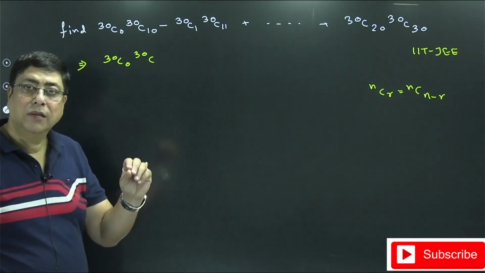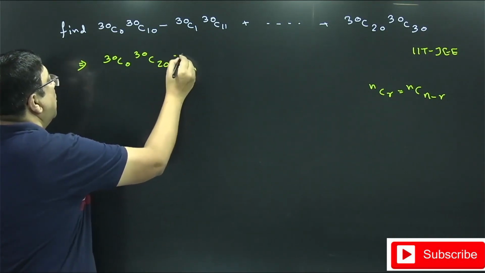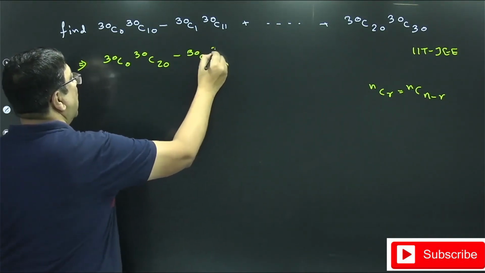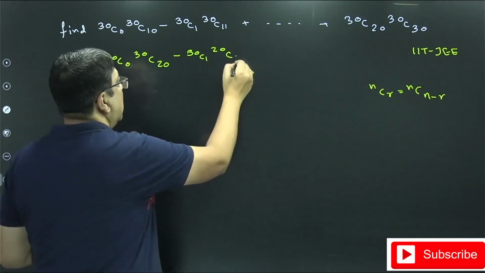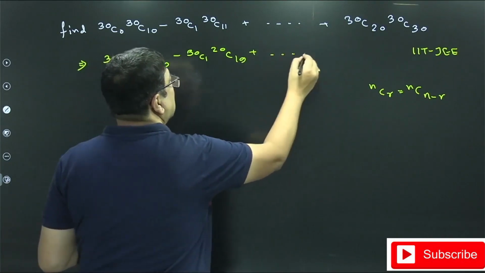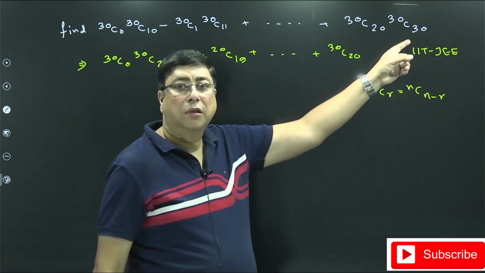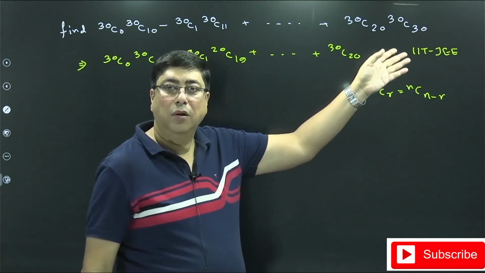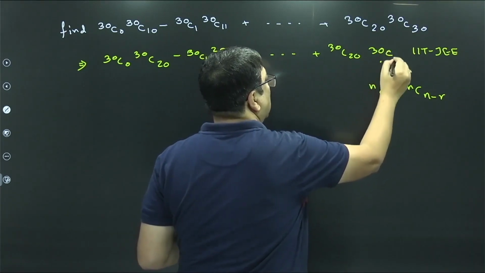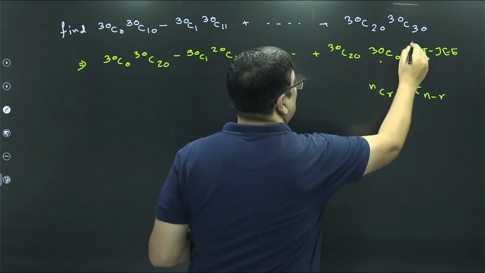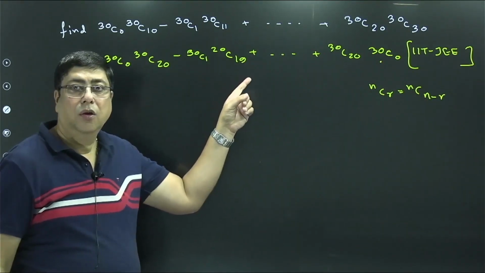It means 30 minus 10, that is 20, minus 30C1, 30C(30 minus 11), and 30 minus 11 is 19. In this way 30C20, and 30 minus 30 is 0, so 30C30 is equal to 30C0. Therefore, in this case, if we add the coefficients,